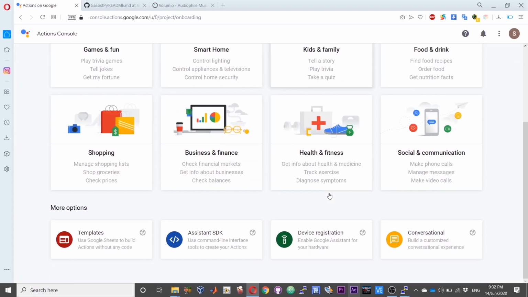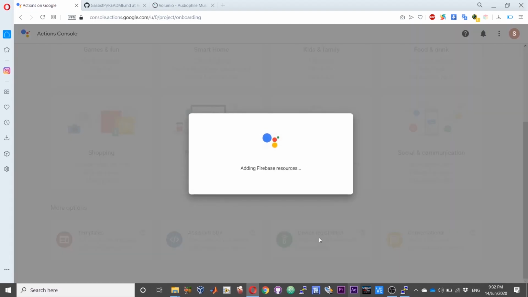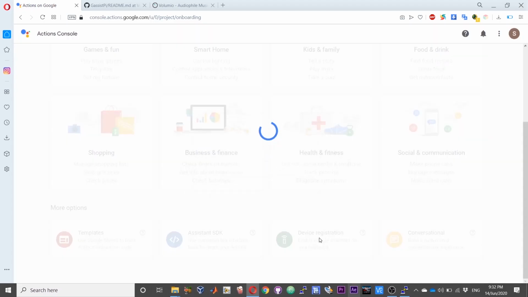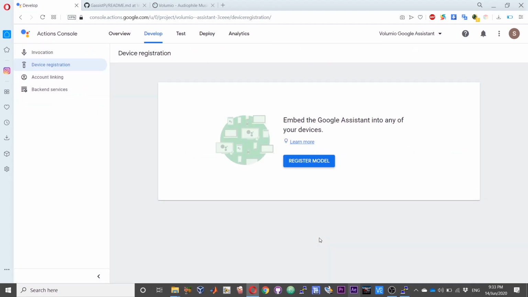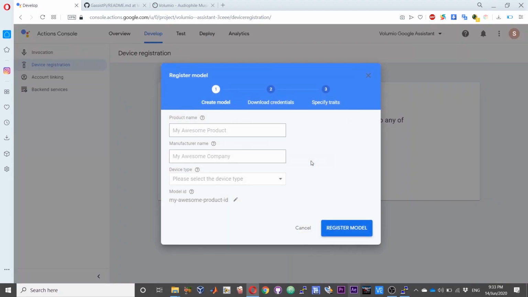And just scroll down over in this page and choose device registration. And now choose register model.